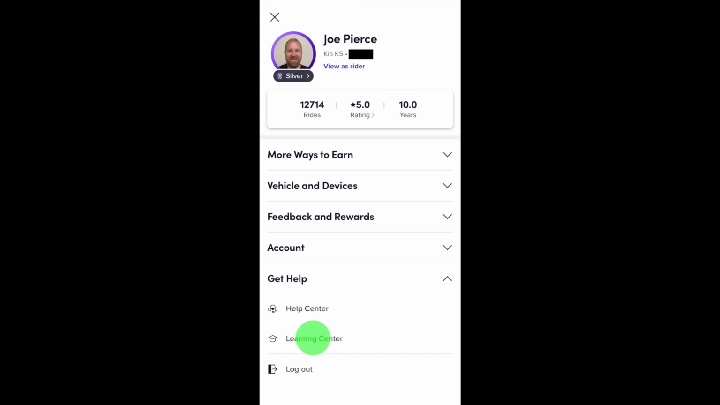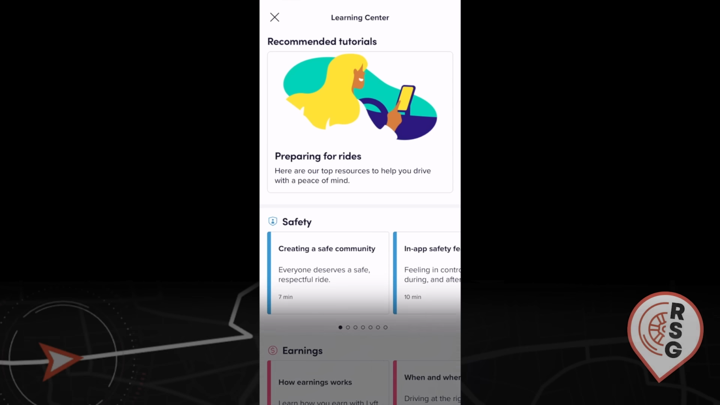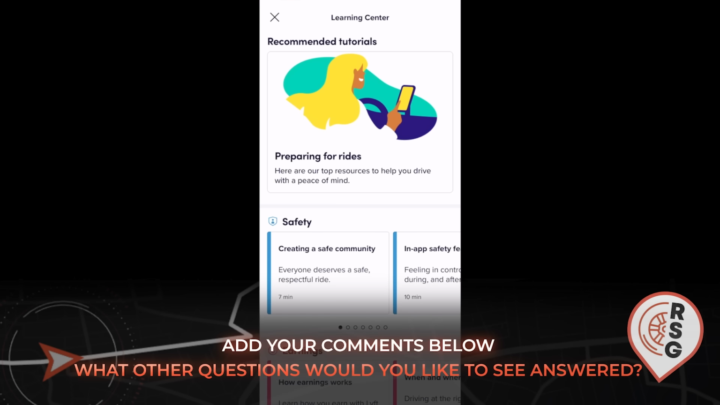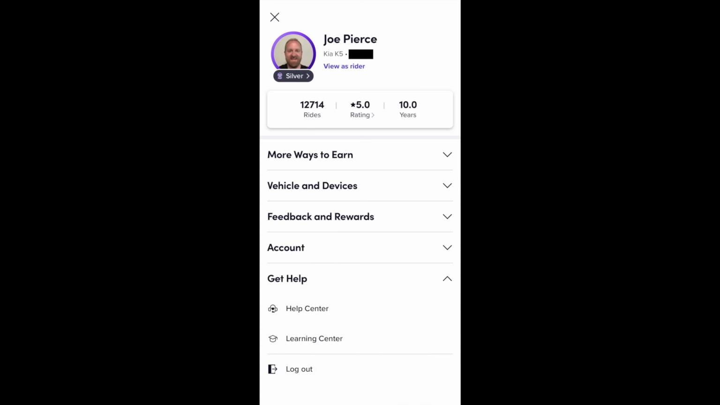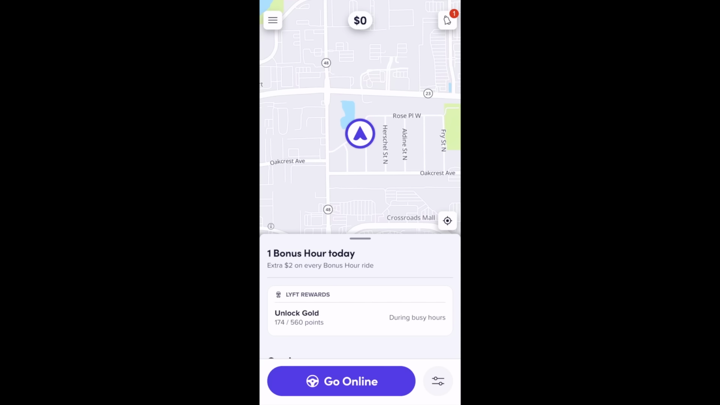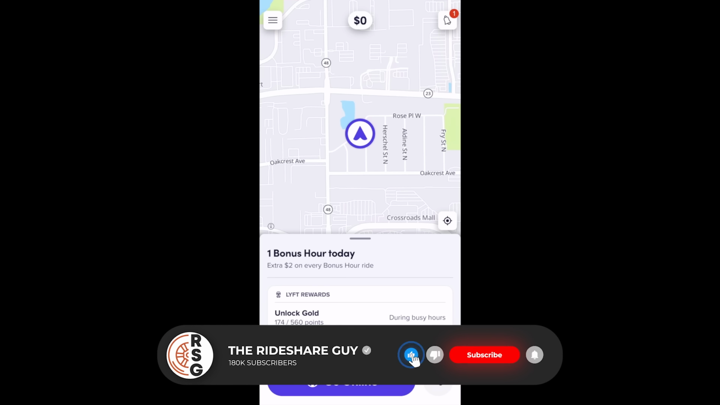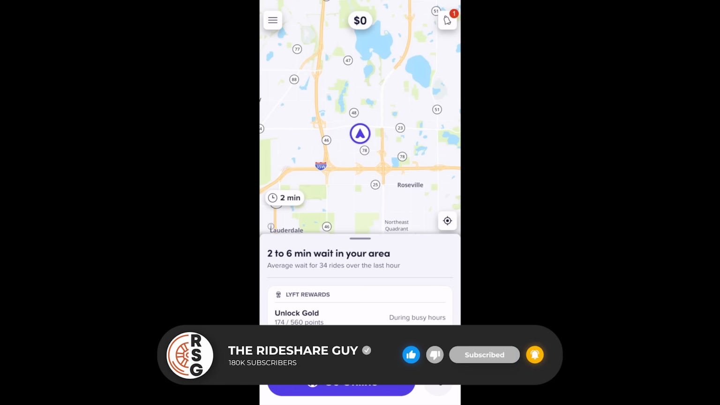If we select the Learning Center, this is where you can see tutorials and also other information about driving for Lyft. And at the bottom there, if you want to log out of the driver app, you can do that from here. Alright, that's it for the Lyft Driver app basic functions and settings,